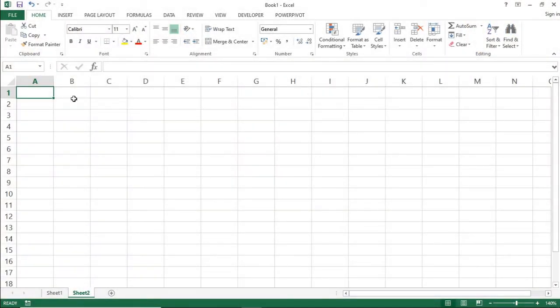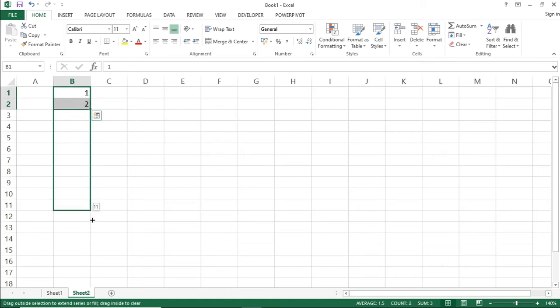Now, let us see how to make use of fill series. I will try to generate some numbers. I will type 1 in the first cell and 2 in the second cell. Select both the first and second, and then move the mouse cursor. You should observe the changes in the mouse pointer. Now it is a larger plus symbol, and now it is a small black one. Then you can just drag using the mouse pointer to generate the series.